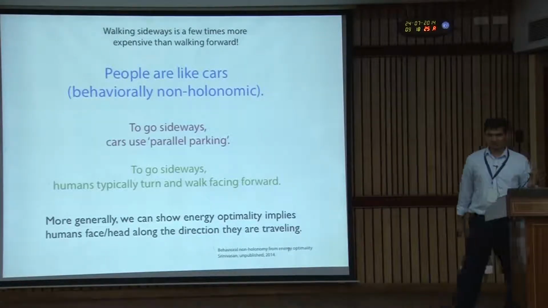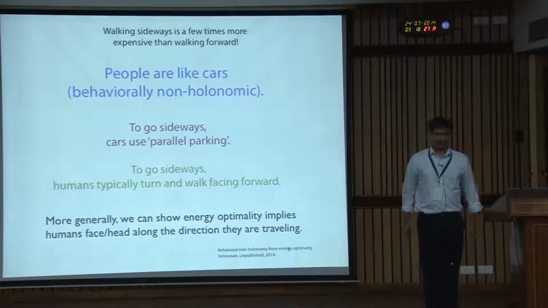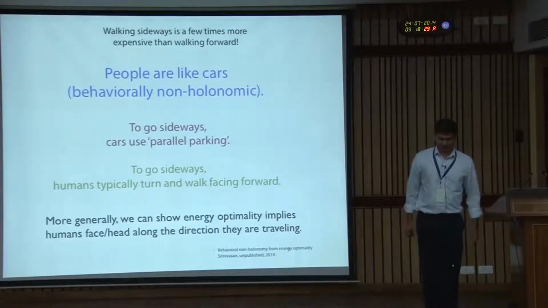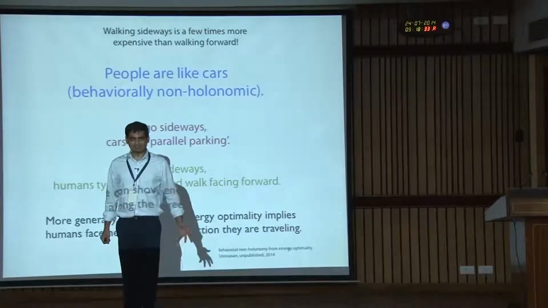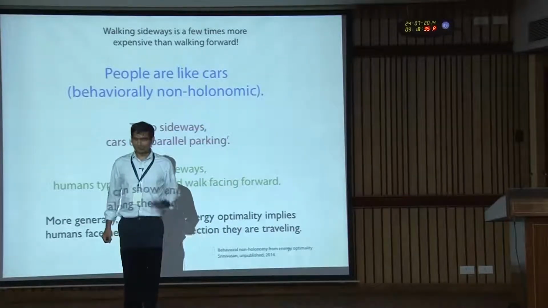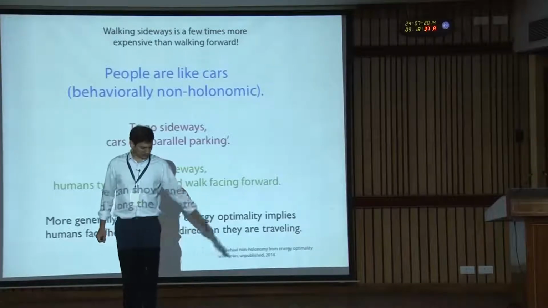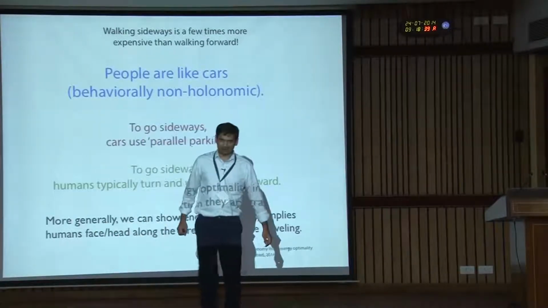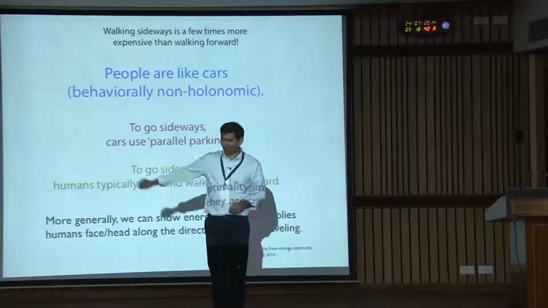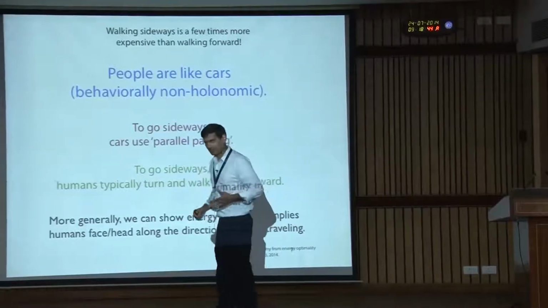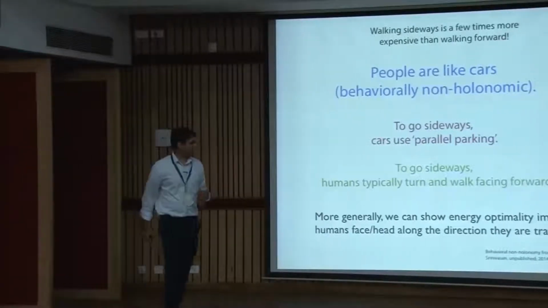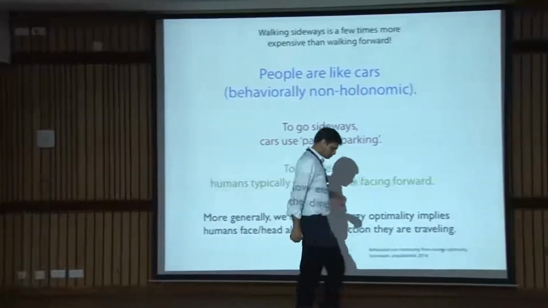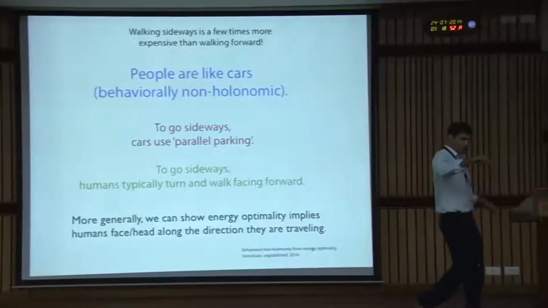Now, that could be the reason why. You might say, if I want to go from here to here, the thing that most people would do, if you want to go just a little bit to the side, is probably just step sideways. But if you want to go a long distance, what you would do is turn and then walk forward and then turn back, right? So people do this thing where, or if you're doing a more complicated thing,